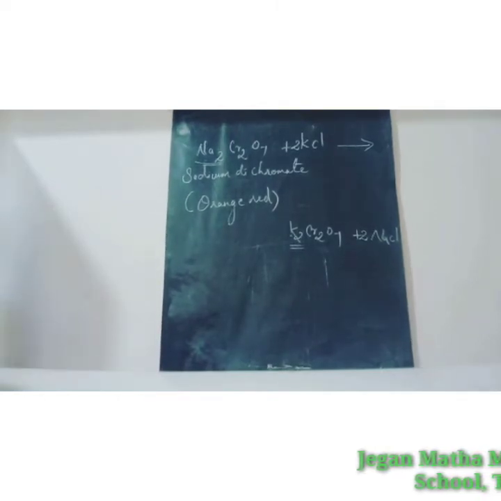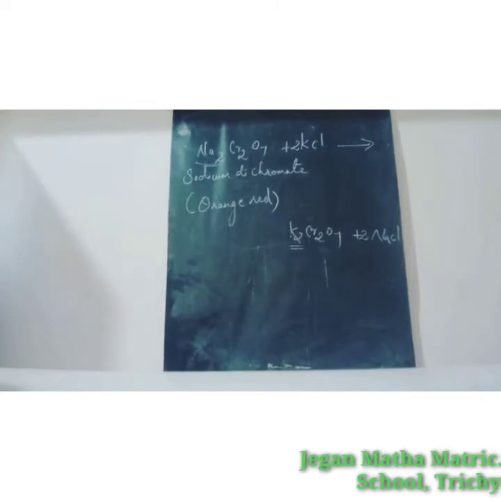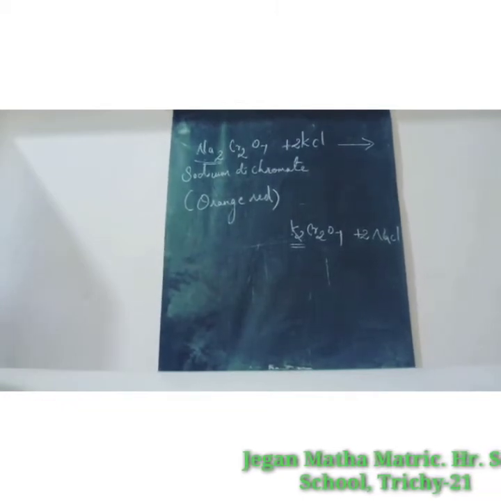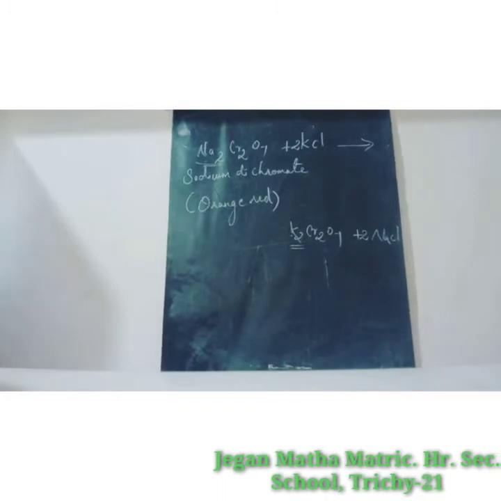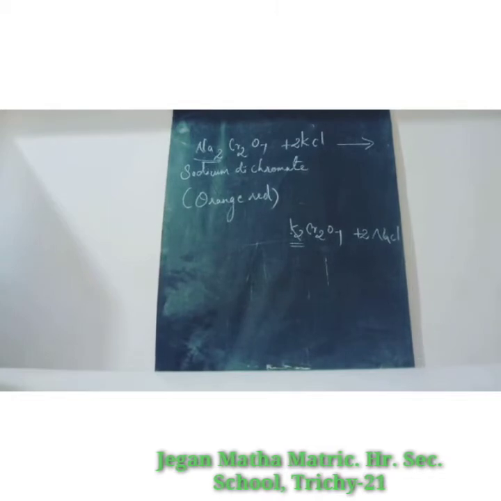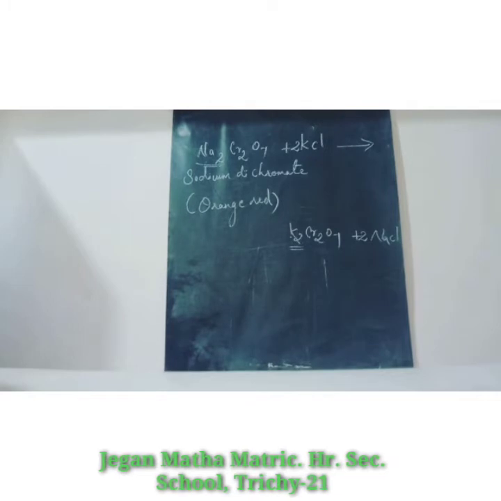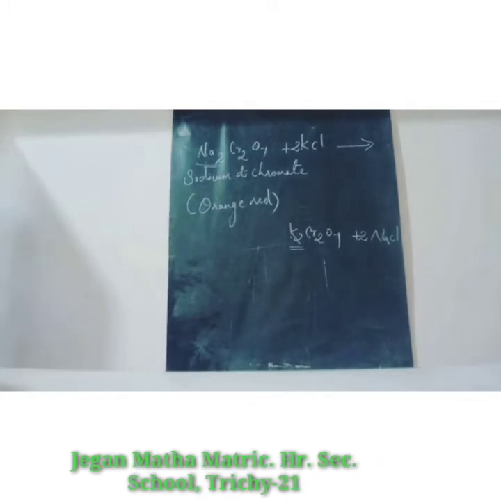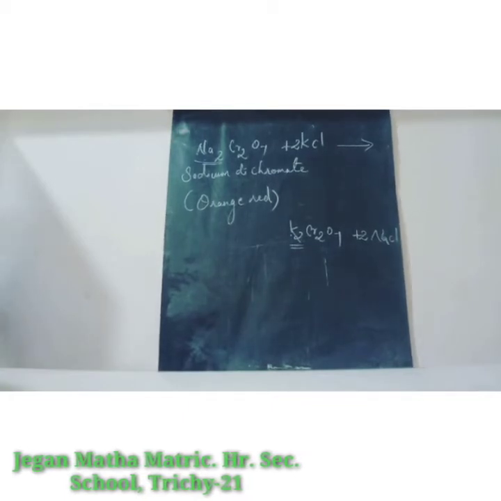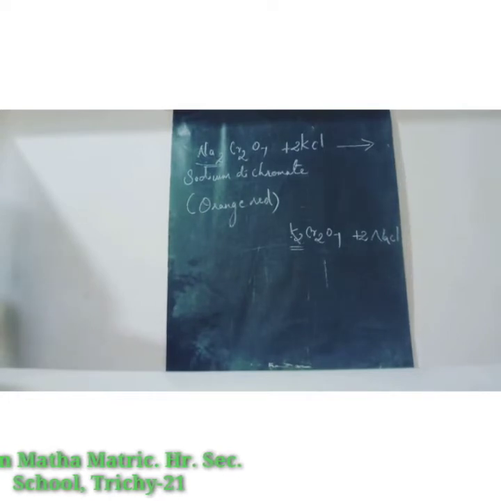Potassium dichromate is an orange-red crystalline solid which melts at 671 Kelvin and it is moderately soluble in cold water but very much soluble in hot water. On heating, it decomposes and forms Cr2O3 and molecular oxygen. Here Cr2O3 means chromium 3 oxide. As it emits toxic chromium fumes upon heating, it is mainly replaced by sodium dichromate. Okay, let us see the equation.